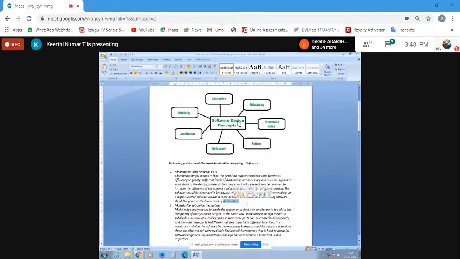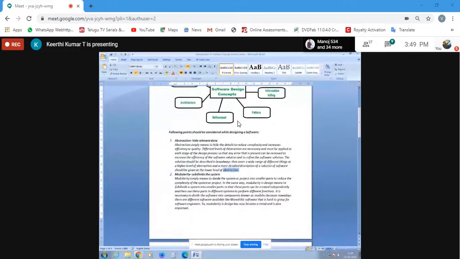So for each and every stage, there is a level. For the lower level, you have to give a more detailed description, because as you dig deeper, you have to give more details. In the higher level, you don't want to give more, because everything has been seen. Like if it's a menu, and you click on something, it takes you into the next window, and the next window, and that's how you go through the levels, right? One level, next level, next level, and that way you want to give more description.